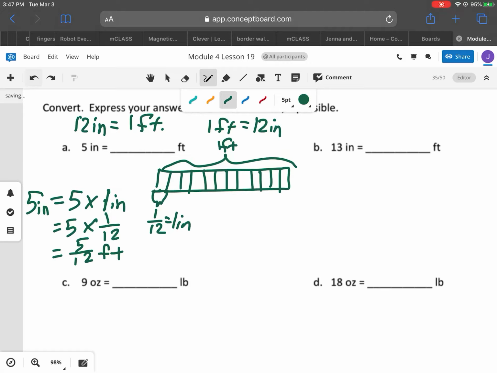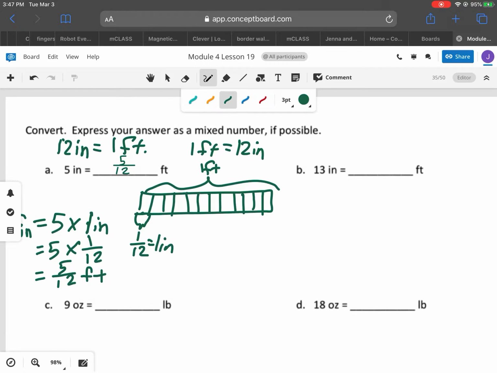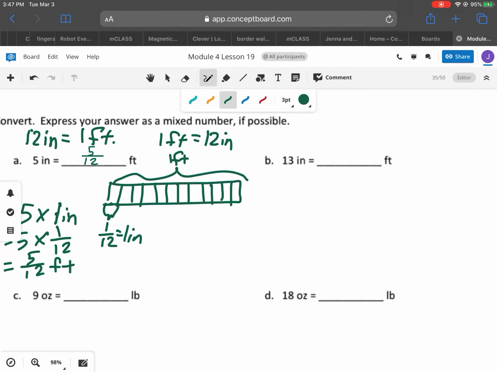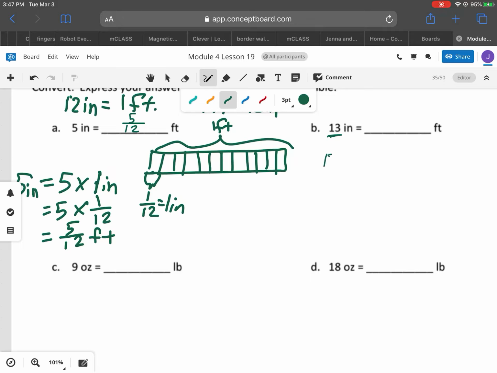Oops. Let me make this a little thinner as our answer here. Now it does say mixed number if possible. We have to know when to change it into a mixed number. I already know that this is going to be a mixed number because 13 is more than 12. We're going to do the same thing as we did on the left, but we're going to do 13 inches is equal to 13 times 1 inch,